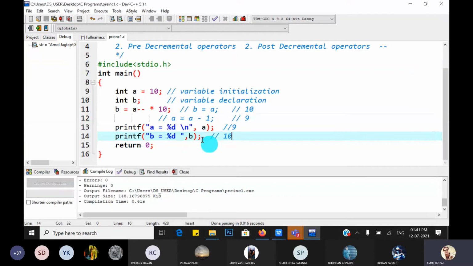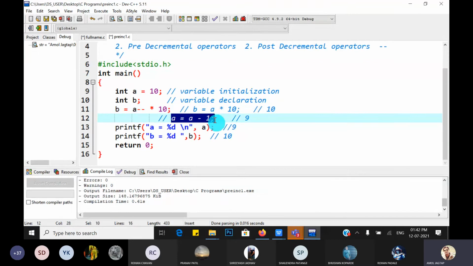Now tell me why 100? A is equal to 9 because of post decrement. Initially the value of A is equal to 10. So what is the first statement? The first statement is B is equal to A into 10. Then the next statement is A is equal to A minus 1.